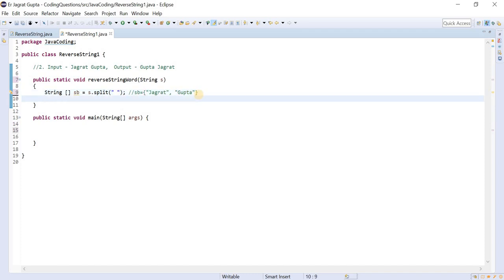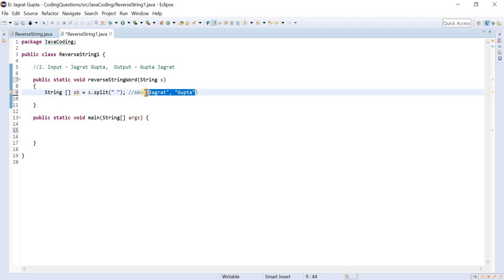Now this is the first step. This is the first concept that you need to remember, that you can split a particular string, and we can do this with the help of the split method. And here you need to give the appropriate regular expression. So this is the thing. Now the remaining things are the same.